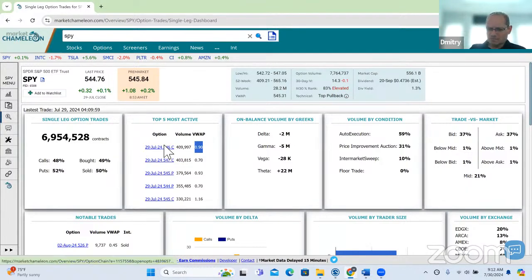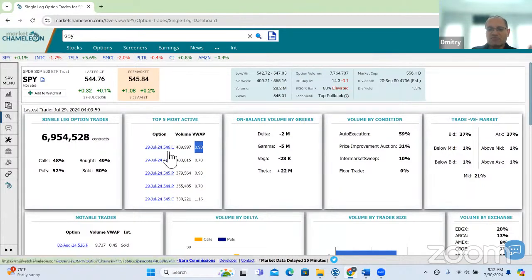And here, just eyeballing it, top 5 most active, looks like they were all 0 DTEs. Yesterday was July 29th. The 5 most active options were all July 29th. It was a mix of calls and puts, right? So call, put, call. And you could see that the strikes themselves were between